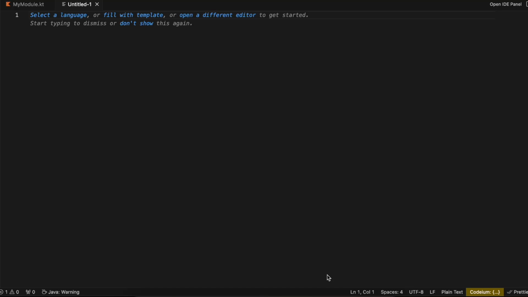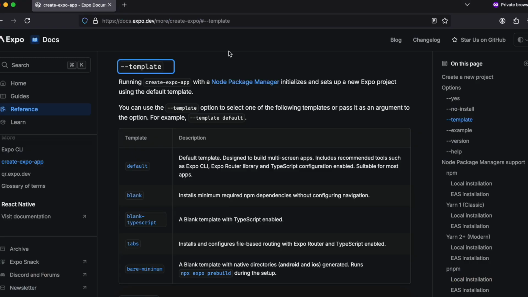In this video I will show you how to apply a grayscale filter to a video in Expo React Native for Android using the Media3 Transformer library. So let's get started. Okay, so firstly I will be creating an Expo React Native project, and for this I